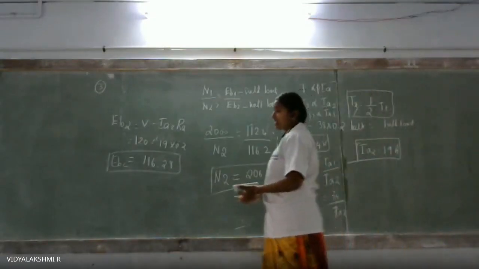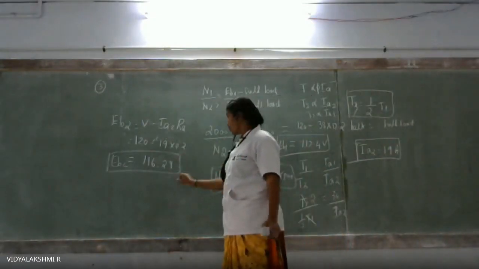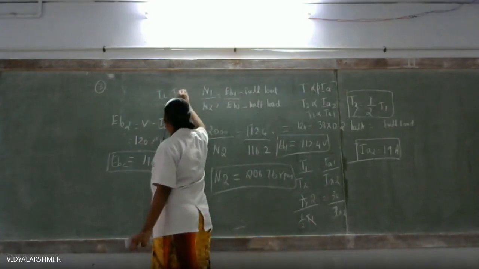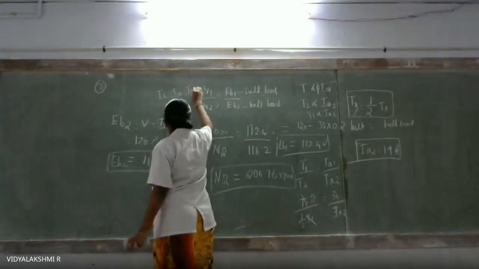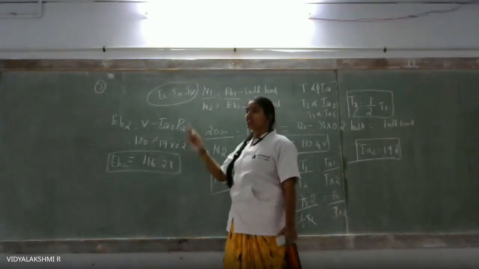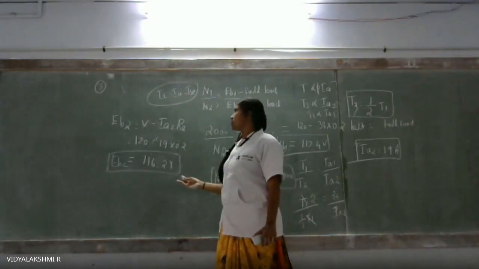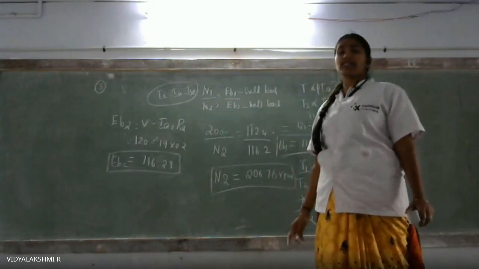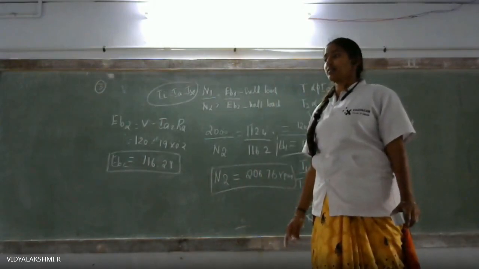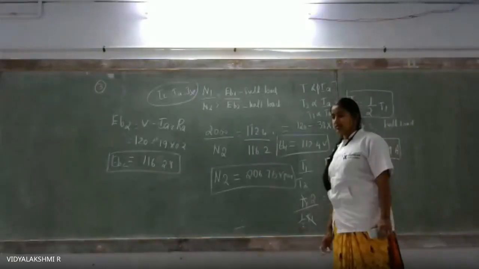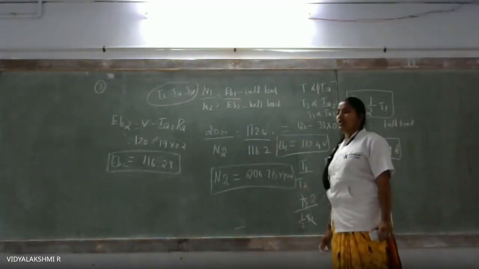It will be varying with respect to armature, because in a series motor, my IL is equal to IA is equal to ISC. If it is a series motor, there is no need to find out the IA value because IL is equal to IA. You can straight away substitute the value of IL with respect to IA. Am I correct? Have you all got my point, what I'm saying?